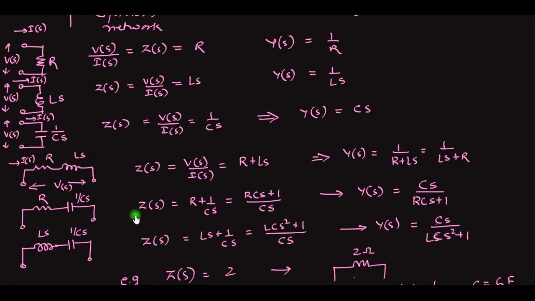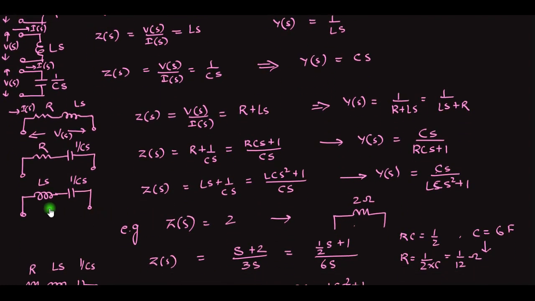Let us see this driving point admittance function. Over here the maximum power of S is 1. This shows that it will be having only one energy storing element, and as it has S in the numerator as well as in the denominator, we will conclude that it is a series combination of R and C.